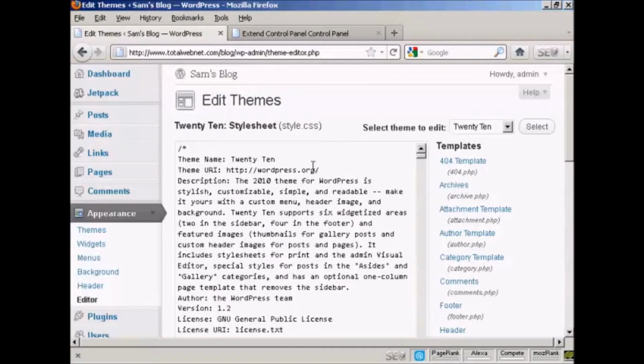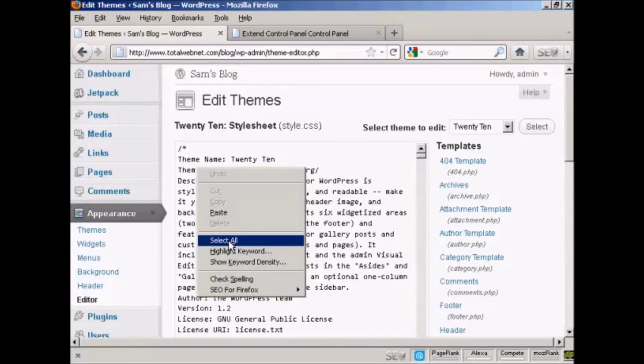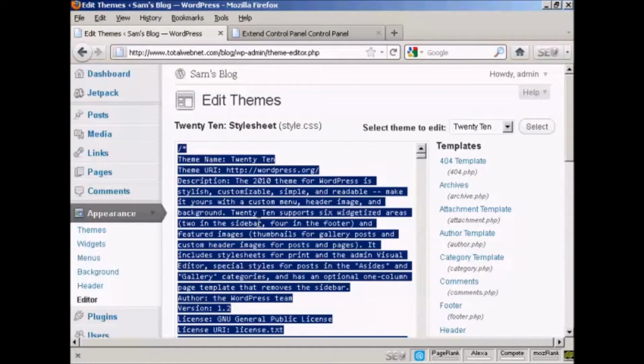Okay, first thing, very important, you need to save this, because once you've committed yourself to changing it, that's it, you can't undo it. But if you already have it saved somewhere else, you can simply restore it back to the way it was, back to the default setting. The easiest way of doing that is to click here in this inner window, right click, do select all, then right click again and copy, and then you want to paste it into a